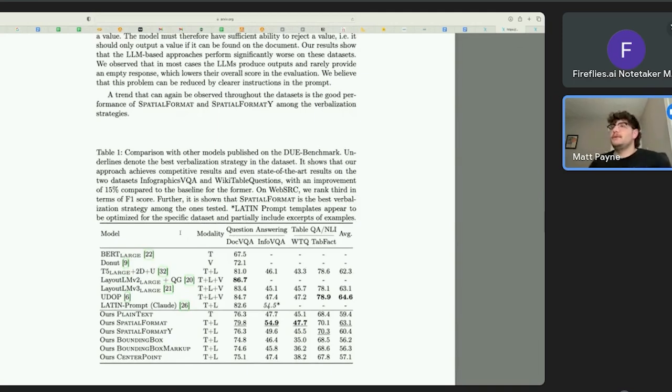Okay, so let's see what they used. Table 1, comparison with other models published on the Do benchmark. Underlines to note the best verbalization strategy in the data set. Shows that our approach achieves competitive results and even state-of-the-art results on 2 data sets. 15%. So,